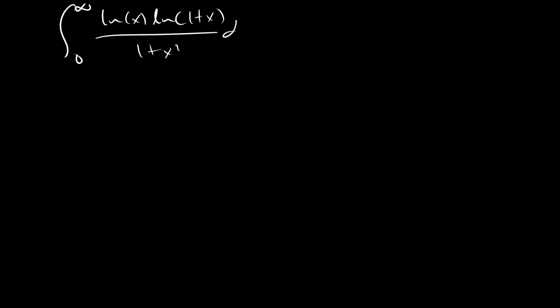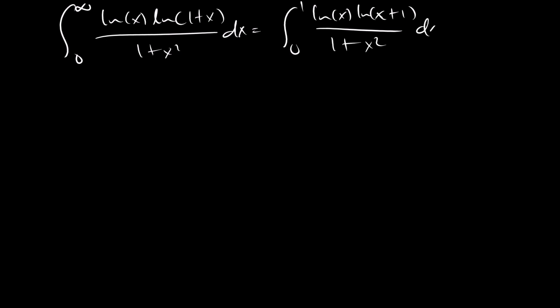We had said our integral from 0 to infinity of the natural logarithm of x, natural logarithm of 1 plus x over 1 plus x squared was equal to the integral from 0 to 1, and we don't really mind about the order. And then we saw that this now has become